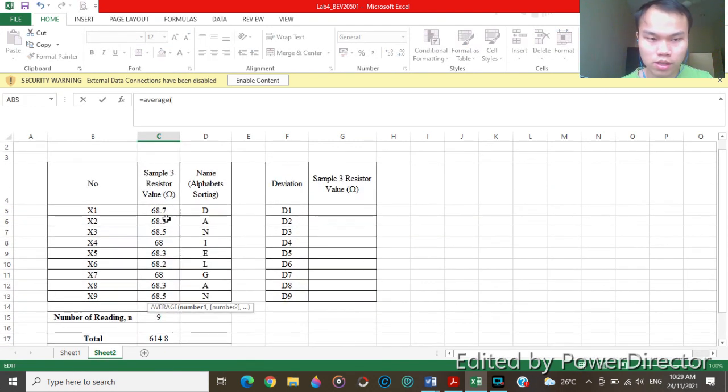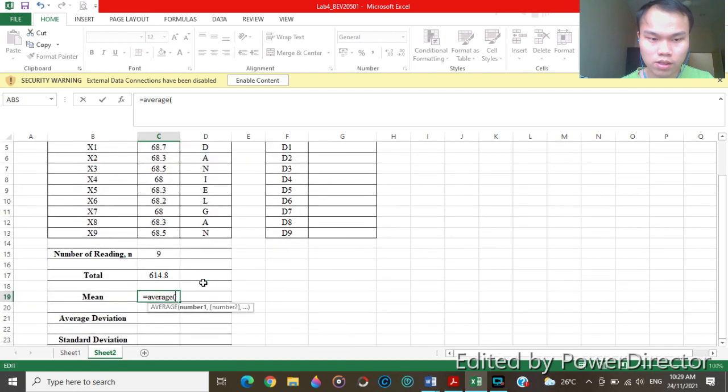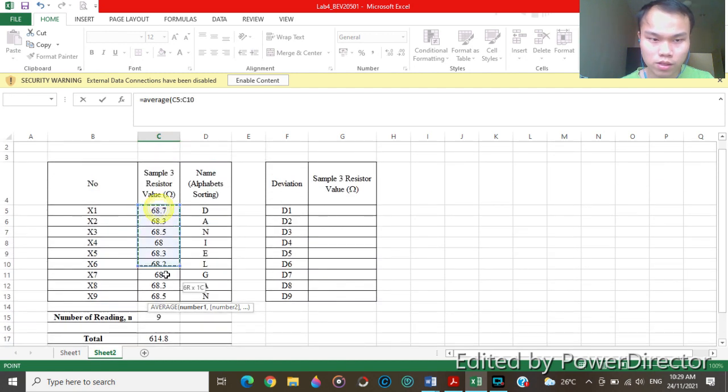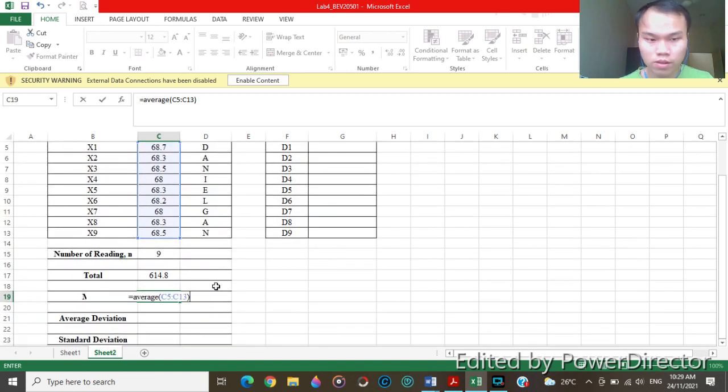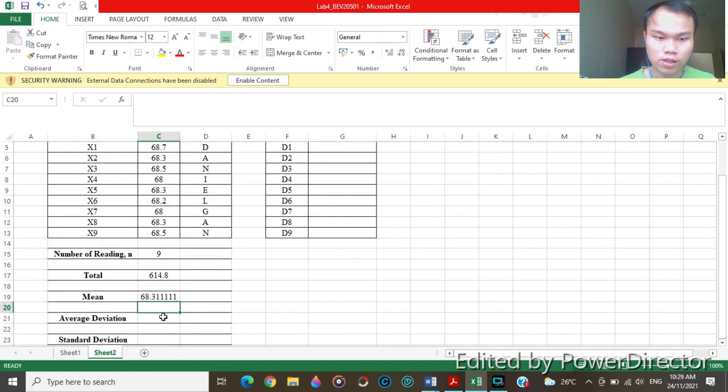So it is 68.311, and the standard deviation will